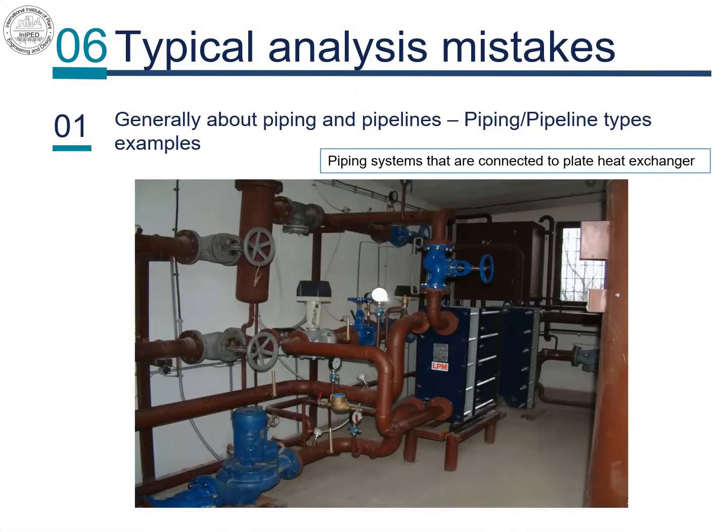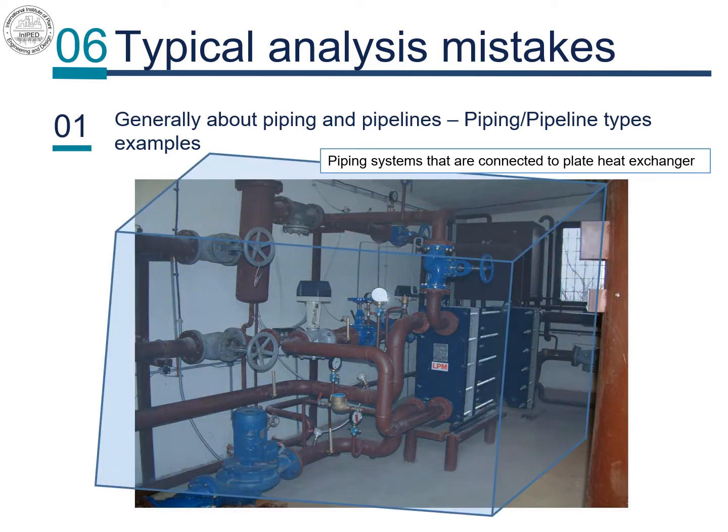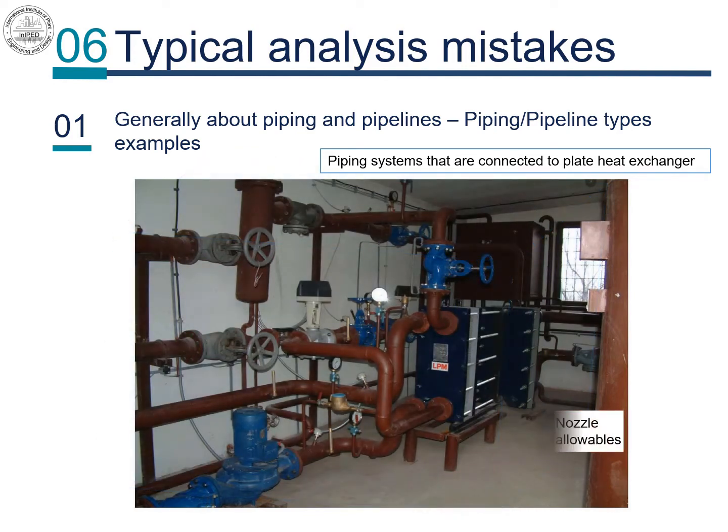Here is a view of another district heating substation, and inside, low-mounted piping systems that are connected to a plate heat exchanger. A plate heat exchanger provides efficient heat transfer in compact size. It allows more space for installation of piping, with more flexibility, which is essential for this type of installation, because plate heat exchangers' nozzle allowable loads are by default, due to its construction, quite low, thus always producing a problem